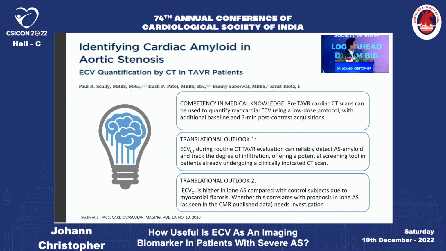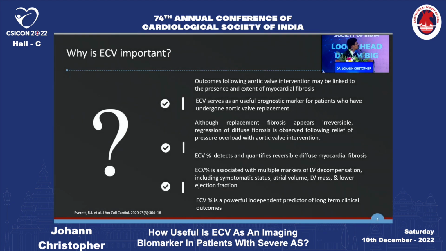So in patients with aortic stenosis who undergo CT as part of the pre-TAVR workup, by using a low-dose protocol and a 3-minute delayed scan in a very specific scanner, using either single source or dual source dual energy, we can pick up the ECV, and using the ECV, we can see how these patients are going to behave